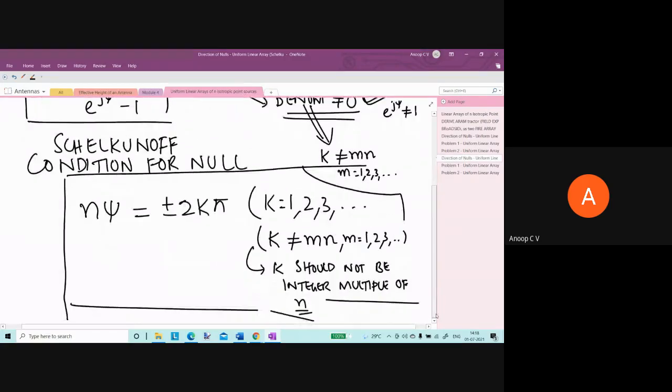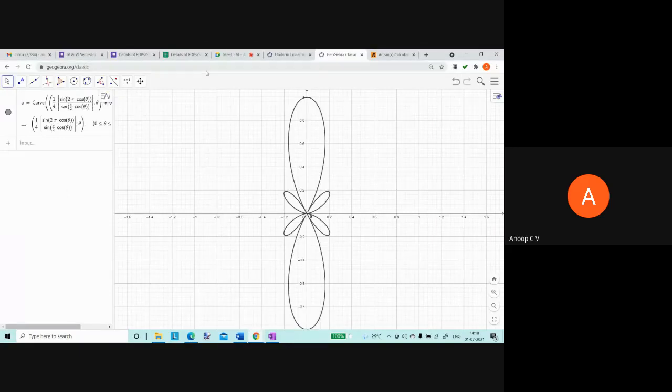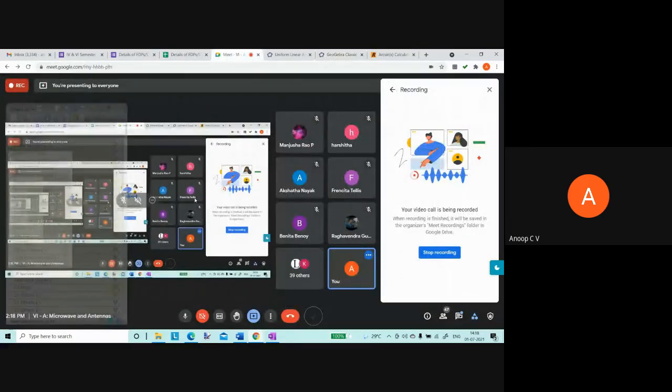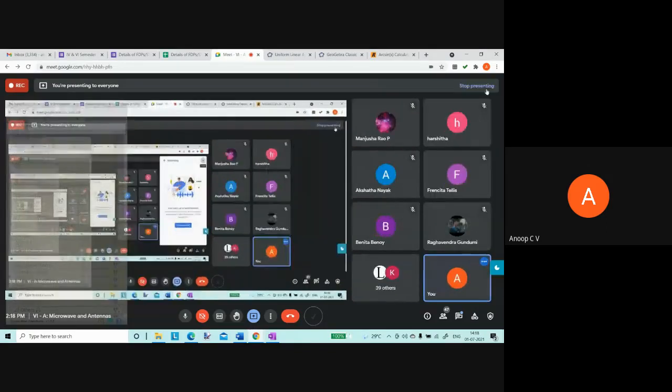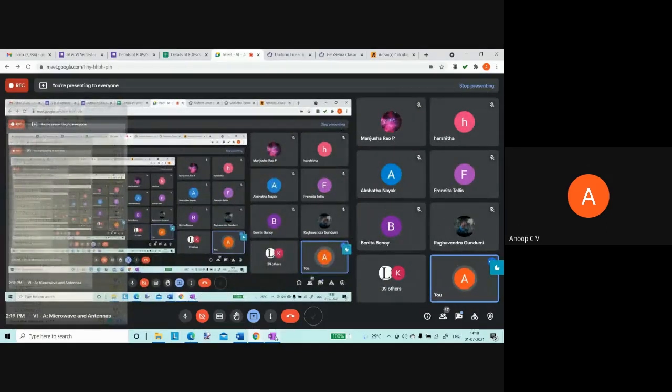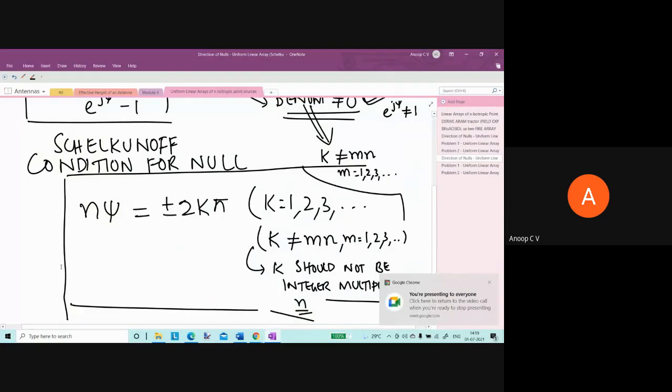That is the idea. Any doubt in this, any confusion, please feel free to ask. Any doubt? Is it clear what I've mentioned here? This is the condition. Please keep in mind, this k starts from 1. K is not starting from 0. K starts from 1. I hope it is clear.